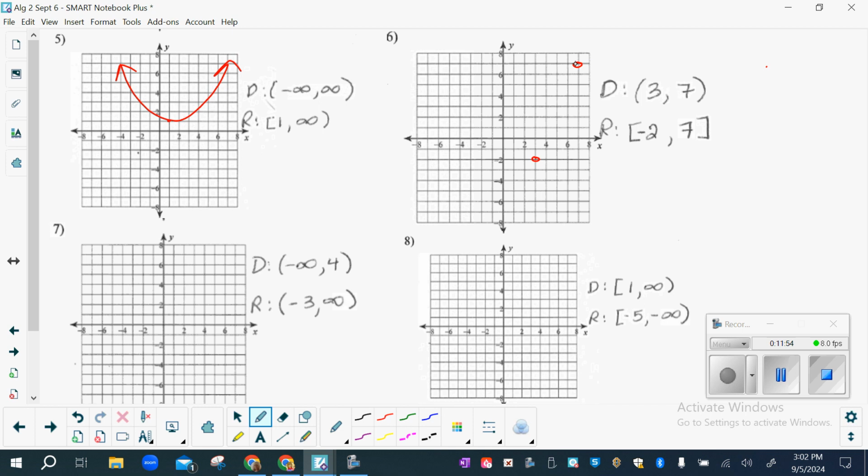This is another tricky one. So could I start going up and then come back down? So I can come back down and touch it. And then I have to cover what else? 7. So I have to go up to the 7 and then come back to that point. Your range has to go from negative 2 to 7, not to go to negative 4. So because I'm not over here at this point, it has to be on